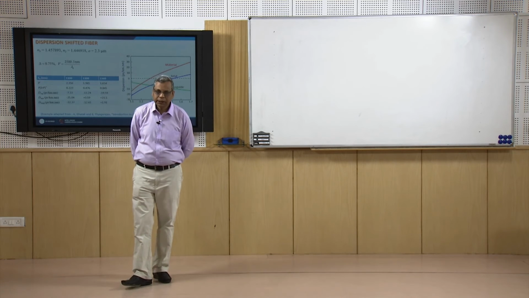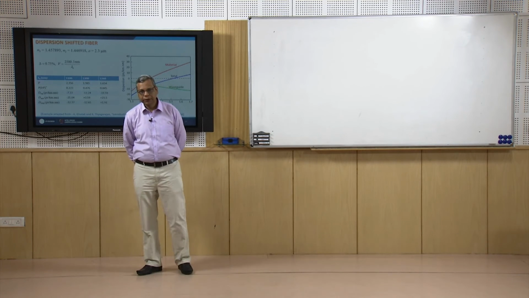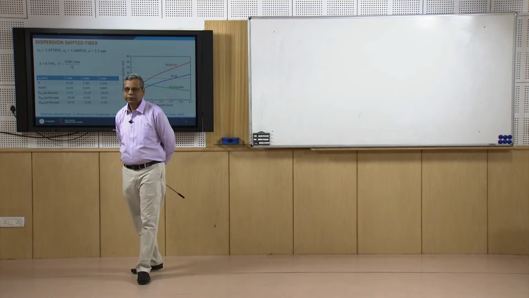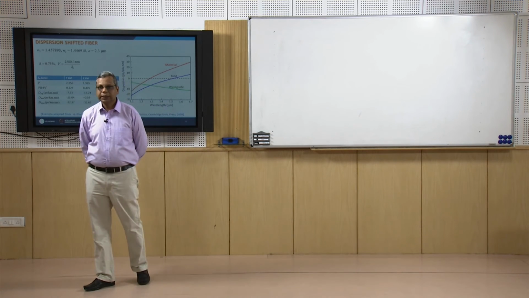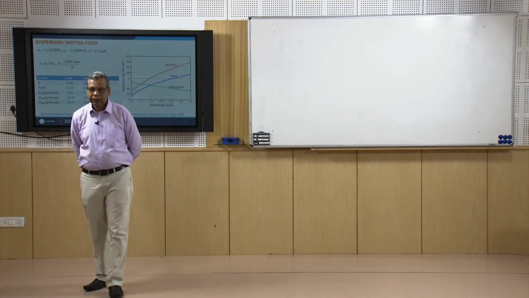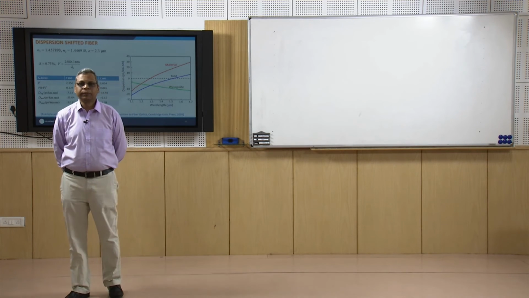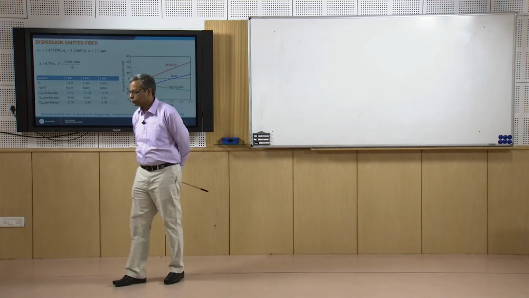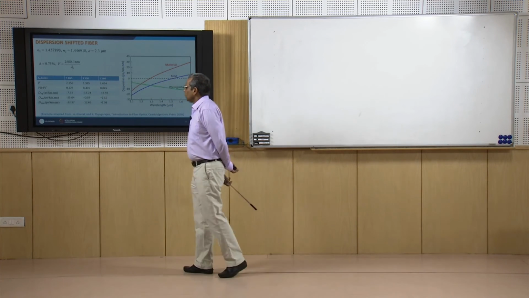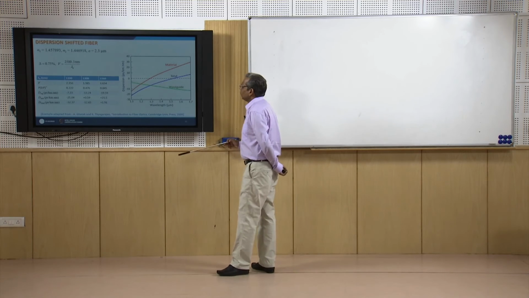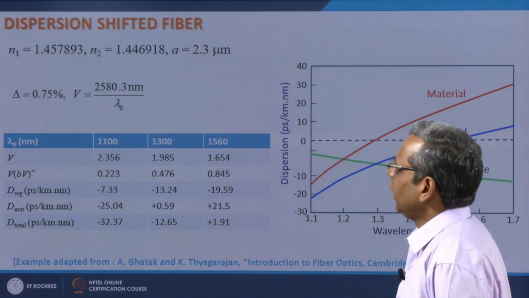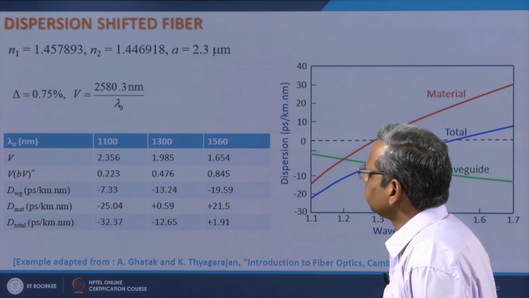I cannot do much with material dispersion, I cannot change the characteristics of the material. However, what is in my hands is to change the waveguiding properties of the fiber and change the waveguide dispersion, and hence the total dispersion. So, for that, if I make a fiber design something like this, where N1 is this and N2 is this,